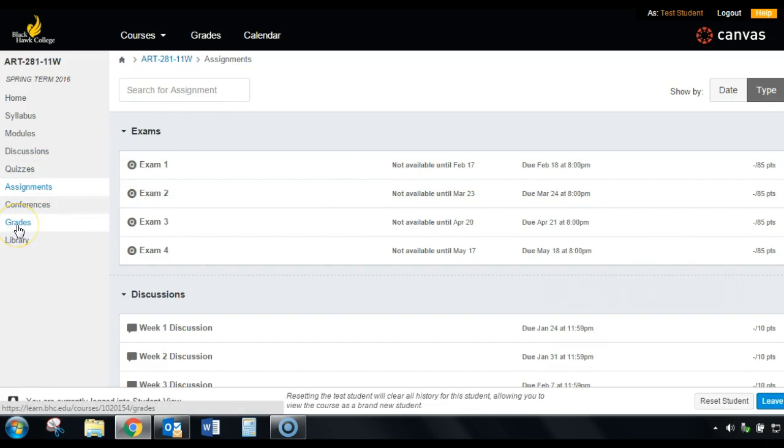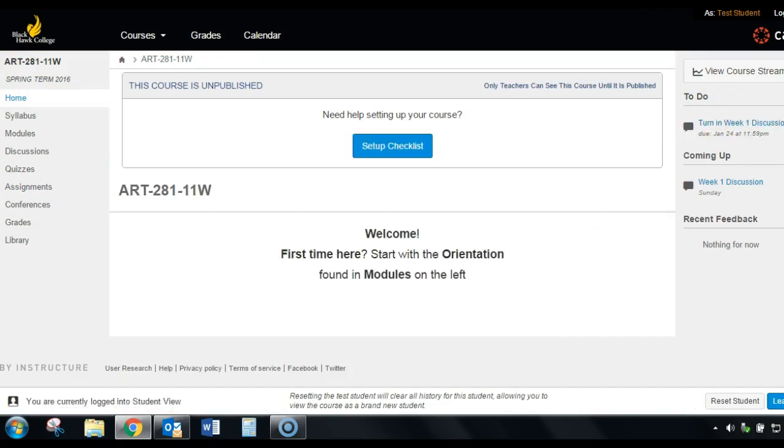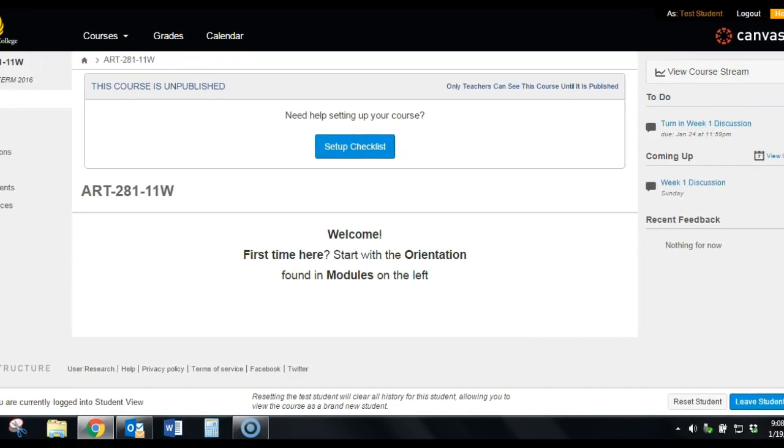Grades is pretty self-explanatory. When grades are posted, this is where you'll find them. And then the library is just a quick link to the library. All right, so let's take a look at what's on this right hand side, excuse me. Just wanted to show you that this can be